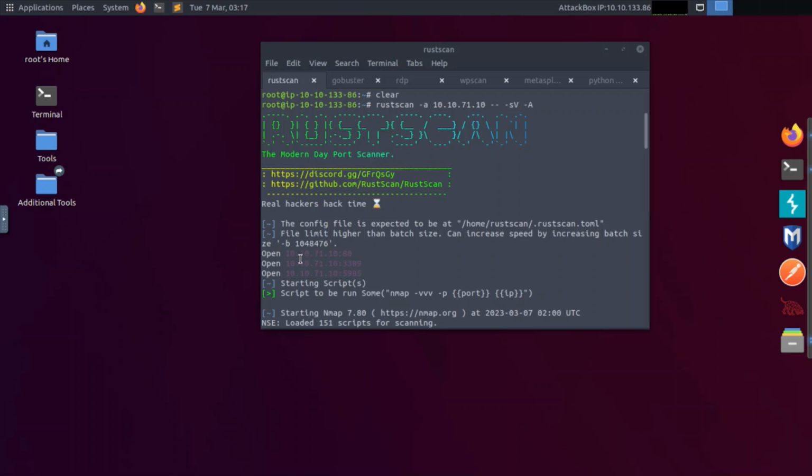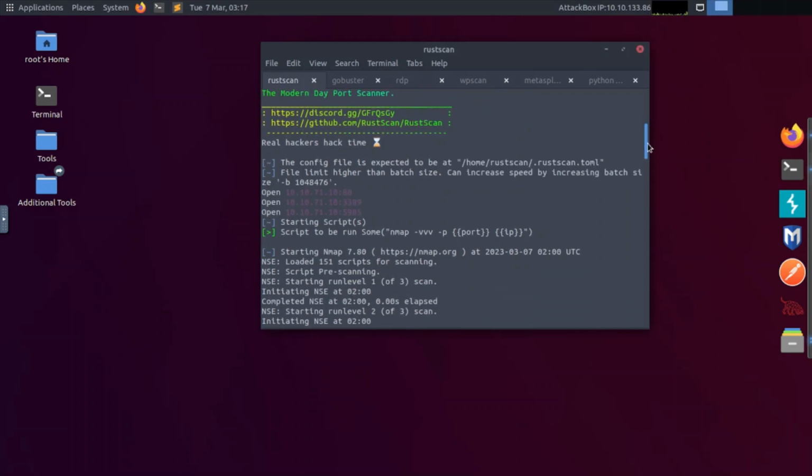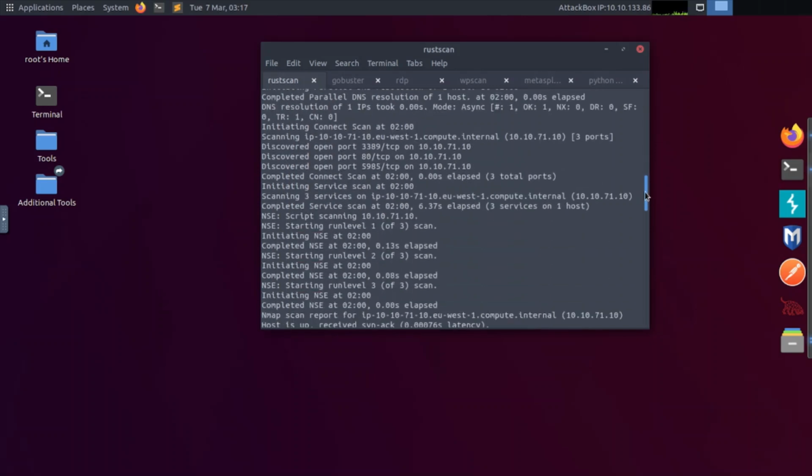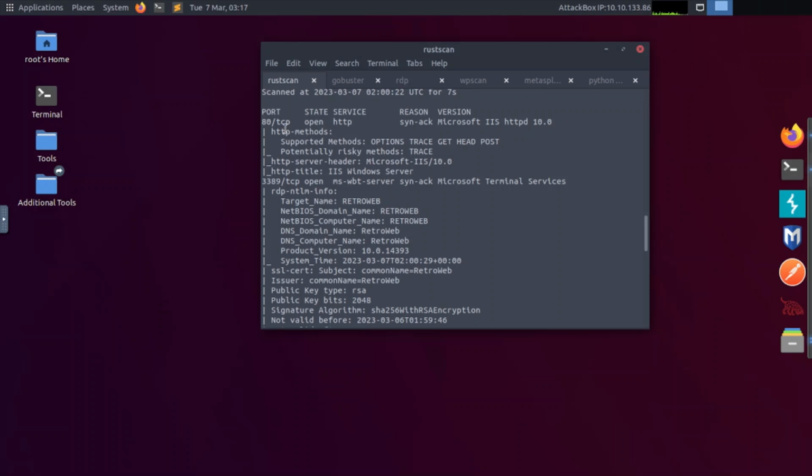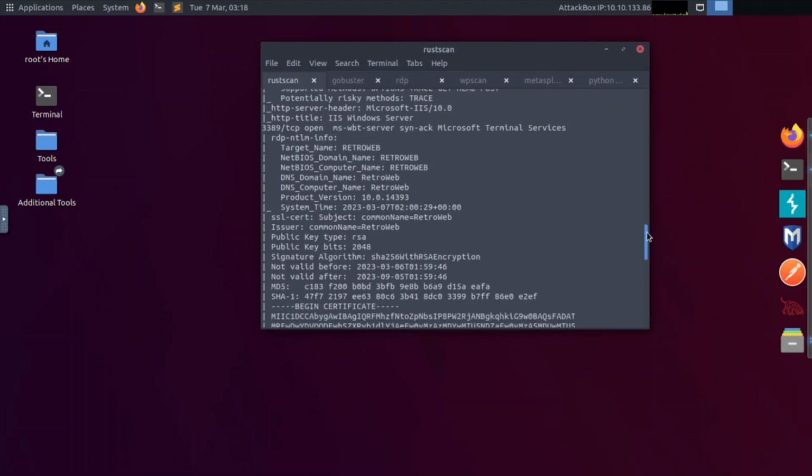And anyway, it found three open ports here: 80, 3389, and 5985, right? So then it started running the Nmap scripts on it itself, and it discovered a lot of information regarding those ports. Port 80 is running HTTP, and you go through here and you see that's running Microsoft IIS 10, and it's got some other information on here, target name, RETROWEB, a lot of good stuff here. Scroll down even further,